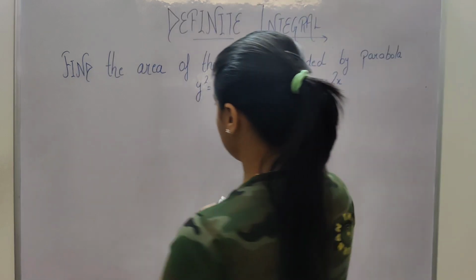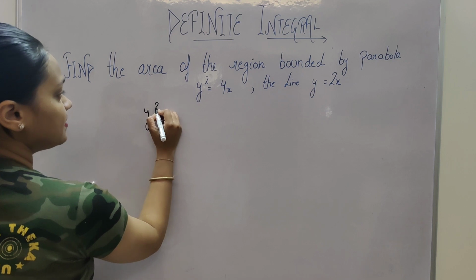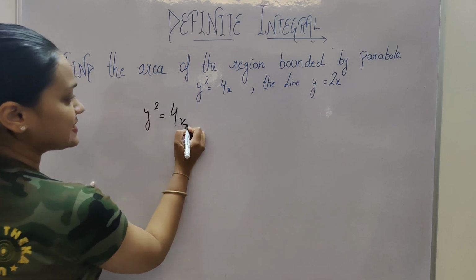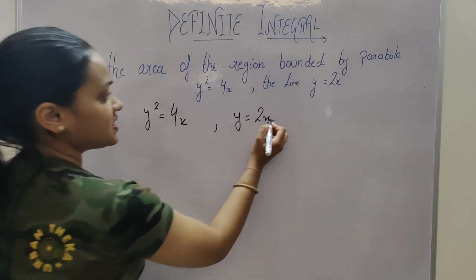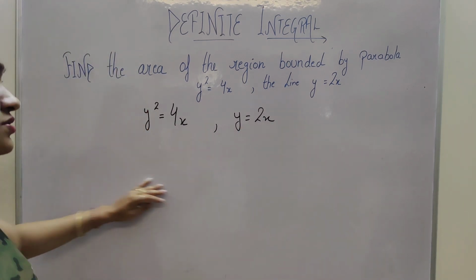सो लेट्स गेट स्टार्टेड। हमारा पहला क्वेश्चन है, फाइंड द एरिया ऑफ ए रीजन बाउंडेड बाय पैराबोला। जो आपका पैराबोला है वो है y का स्क्वायर इज इक्वल्स टू 4 of x और आपकी लाइन है y इज इक्वल्स टू 2 of x।